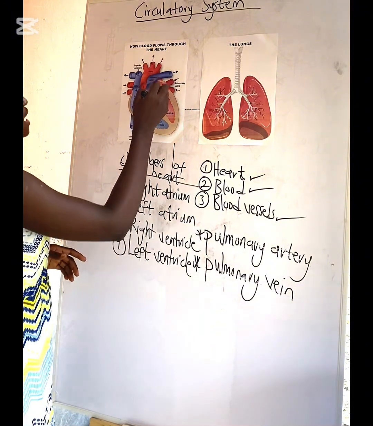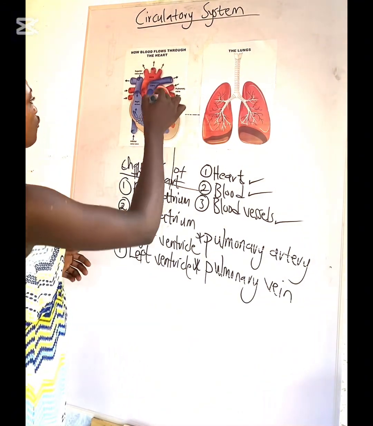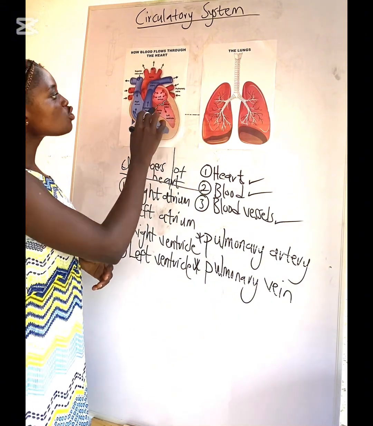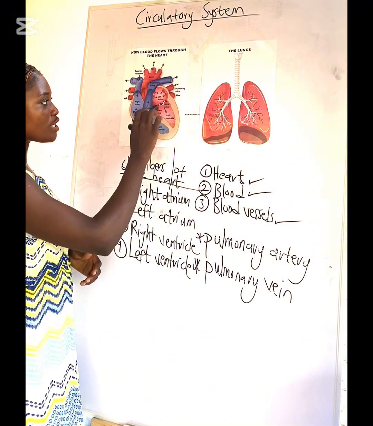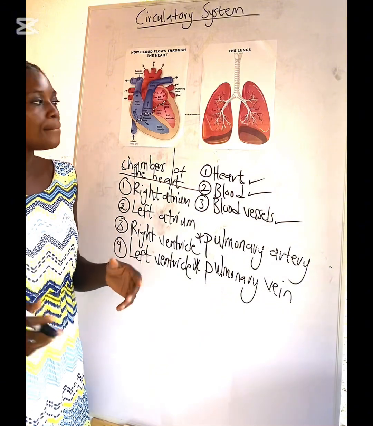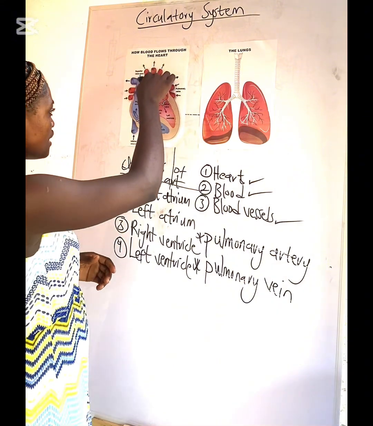Then there is a valve between the left atrium and left ventricle. The oxygenated blood will move from the left atrium into the left ventricle through the mitral valve or the bicuspid valve. So the bicuspid valve allows blood to flow in one direction, that is from the left atrium into the